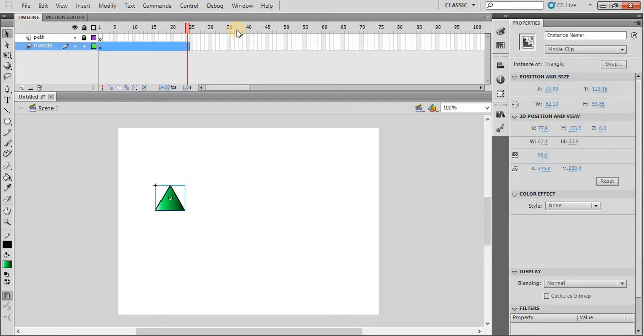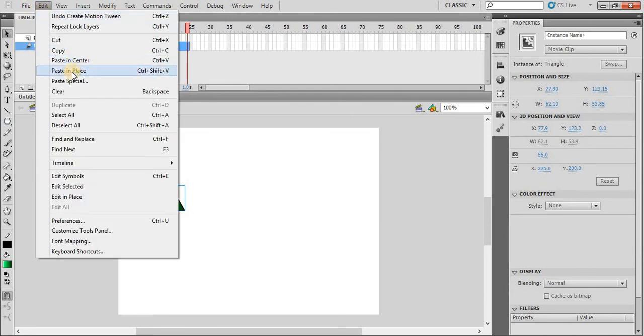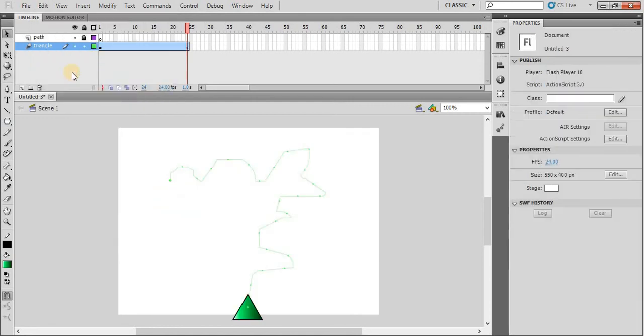So this is the second step, and the third step is go to the edit menu and then use the option paste in place. So you can see here that the triangle is now moving along the given path.